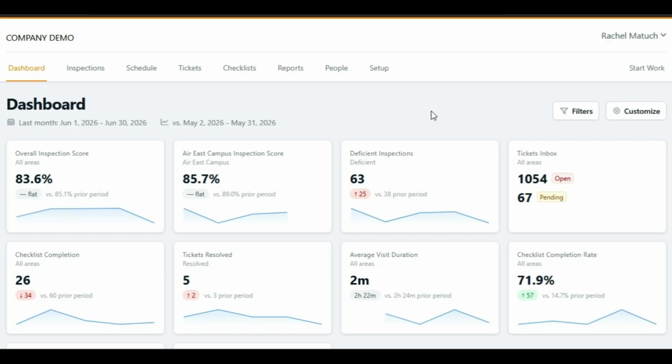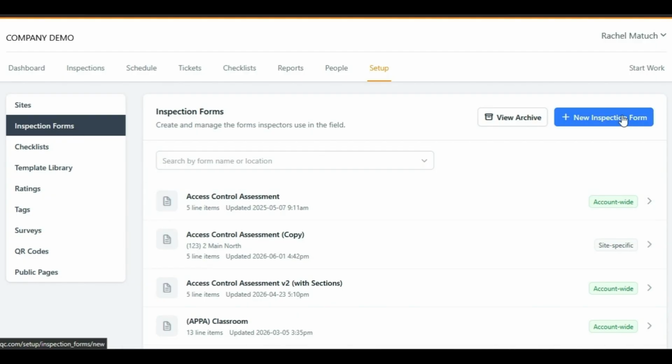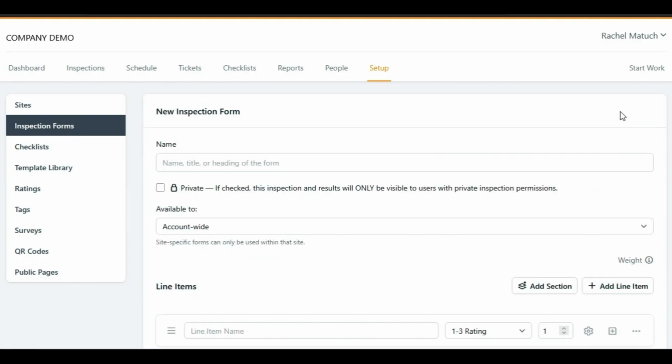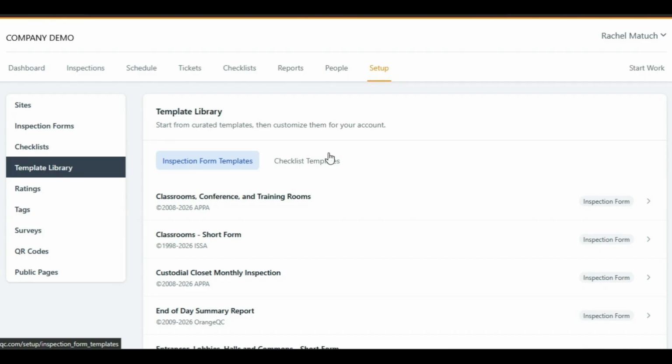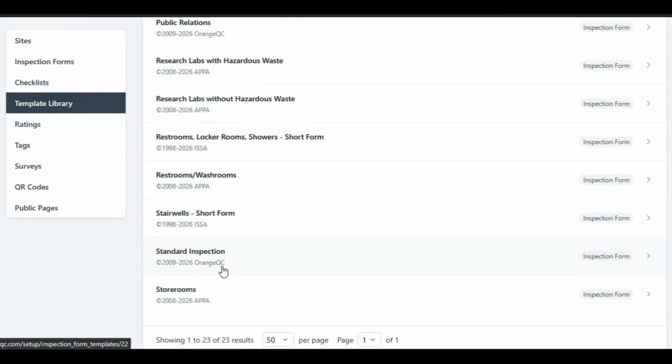So to start, we're going to go to the Setup tab, and then if you want to do a new form, you'd go to Inspection Forms, this page, and hit New Inspection Form. But we're actually going to go to the template library for this and choose a template to start. So come down here to the Standard Inspection,